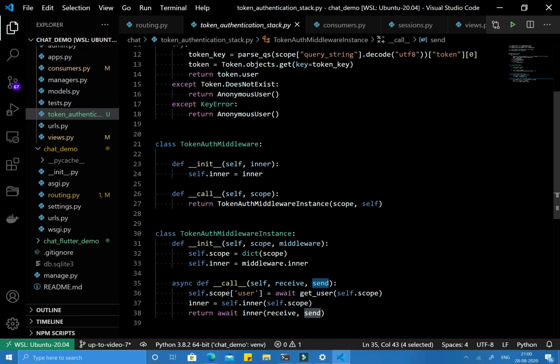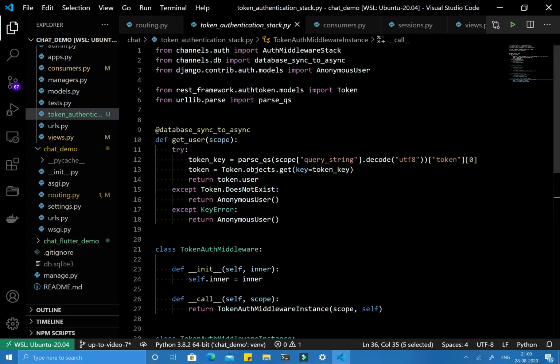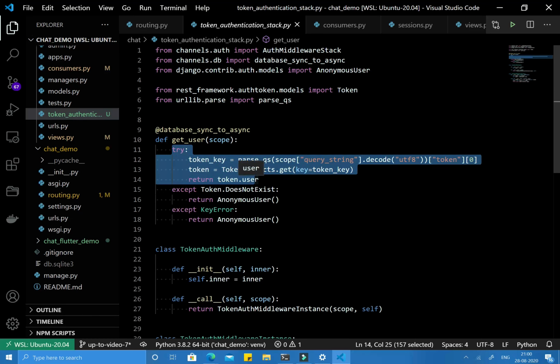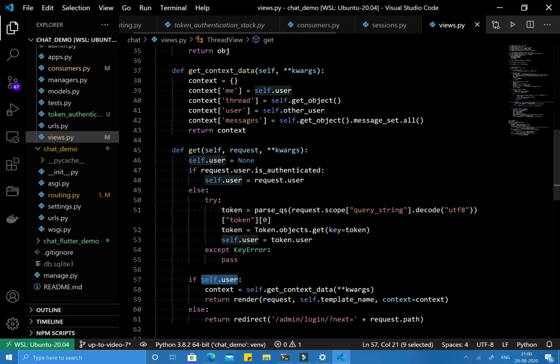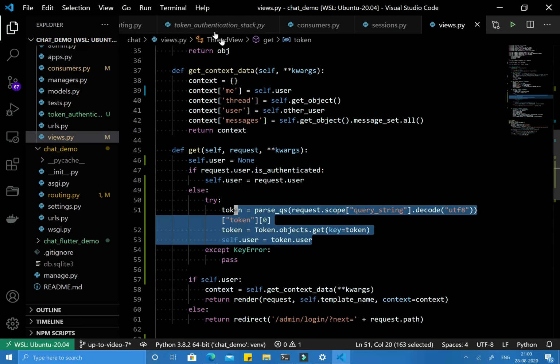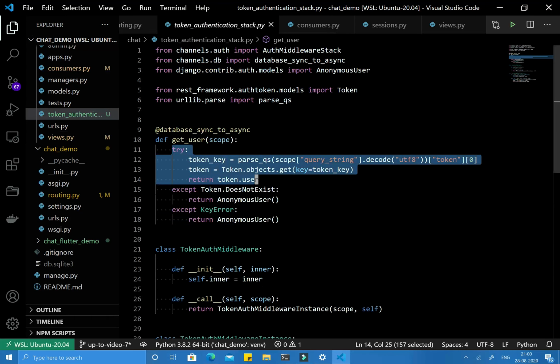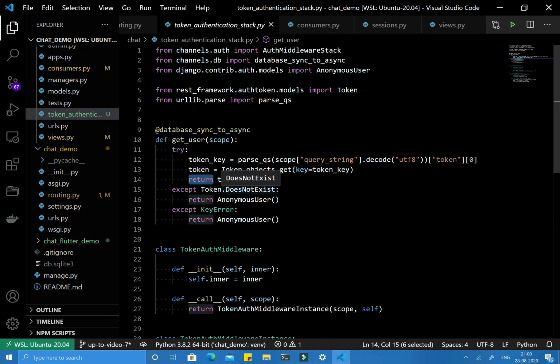So we are getting the user asynchronously. This get user function is already here, which accepts the scope argument, where we have the query string. And the same logic we used in views.py to get the token, here it is, right? In the same way we get the user and return it. If that token doesn't exist, that means the user is not logged in, so we return the anonymous user.